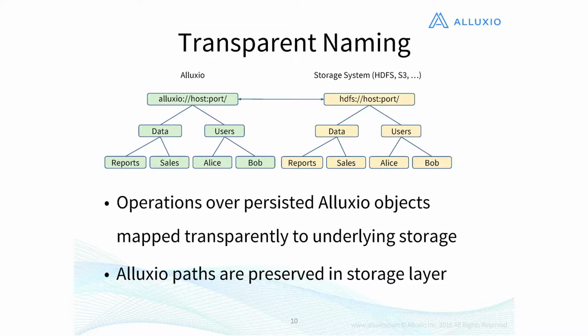One of the concepts is what we refer to as transparent naming. On this picture, you can see two namespaces. By now, hopefully, you're familiar with the fact that Alluxio provides you with a file system namespace. And this file system namespace in some way mirrors the file system namespace of the underlying storage system. In the case of this example, it mirrors the namespace of the underlying HDFS storage system. And operations that an application performs over objects in the Alluxio namespace are reflected in the HDFS namespace transparently on the application's behalf. And vice versa,